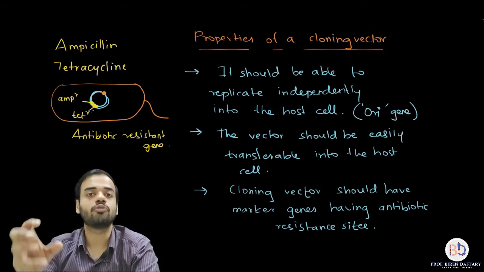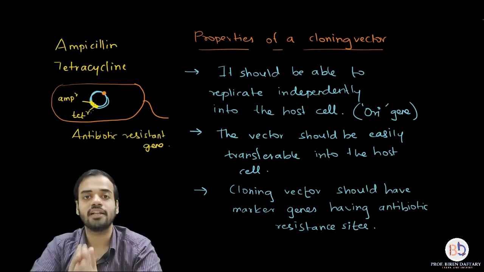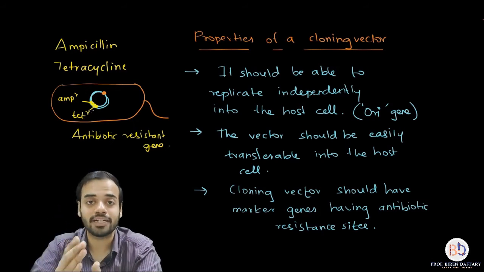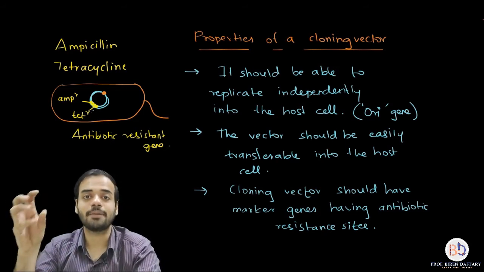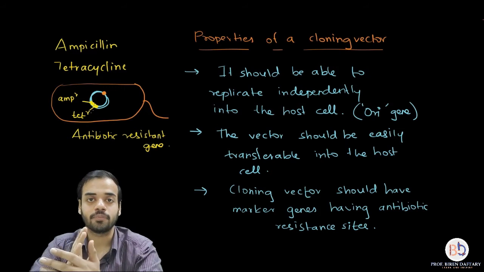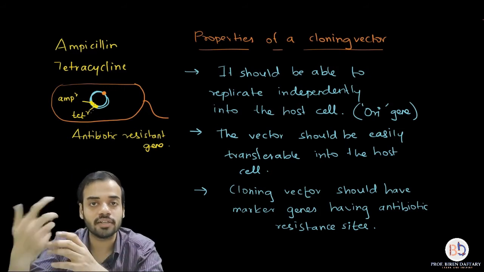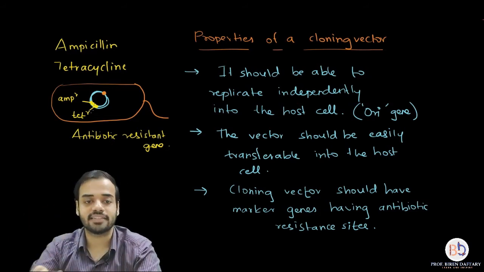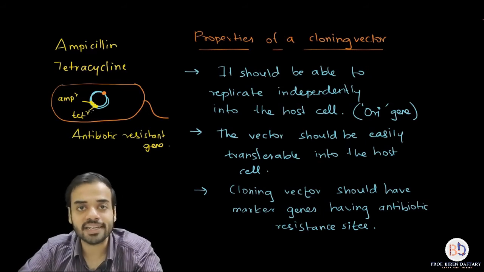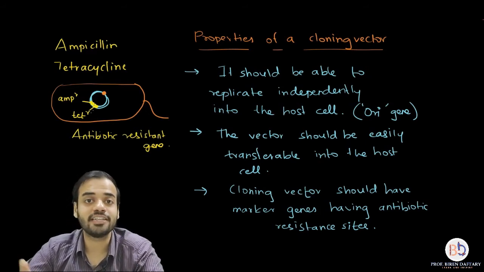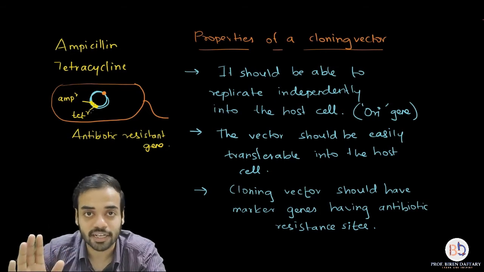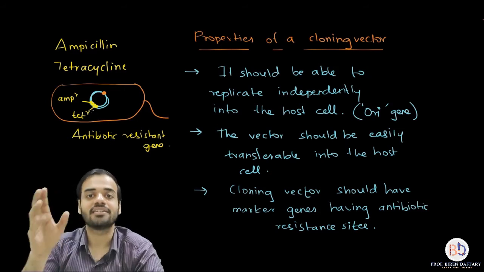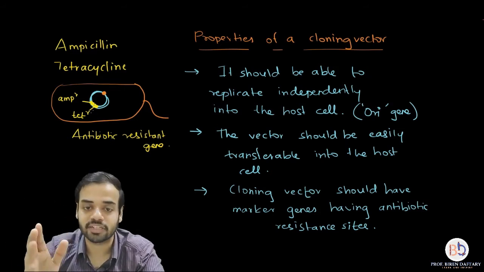Marker gene can be useful to trace the cloning vector into the host cell, and also it is an antibiotic resistant site. That means that particular antibiotic cannot affect. Suppose there is a third antibiotic present, called antibiotic X. If you add it to this bacterium, then antibiotic X will kill this bacterium. Why? Because there is no X resistant site over here. I hope you are getting this. Whichever antibiotic resistant genes are present, only from those antibiotics the cell, or the cloning vector, will be saved. So I hope this is clear.